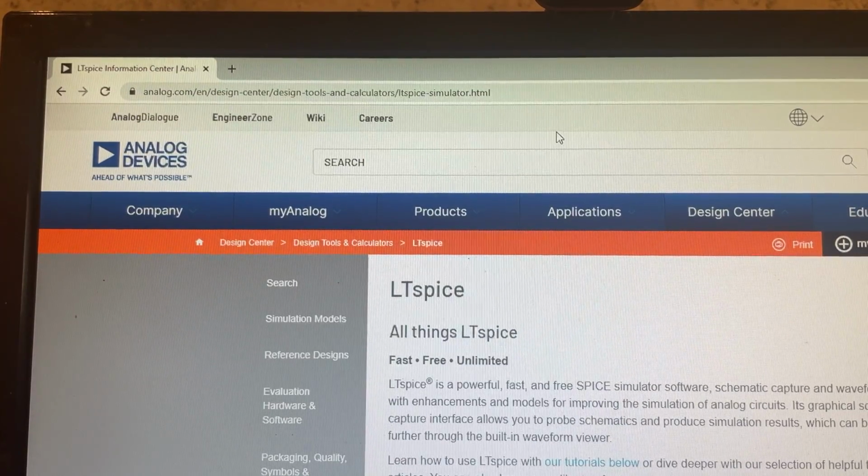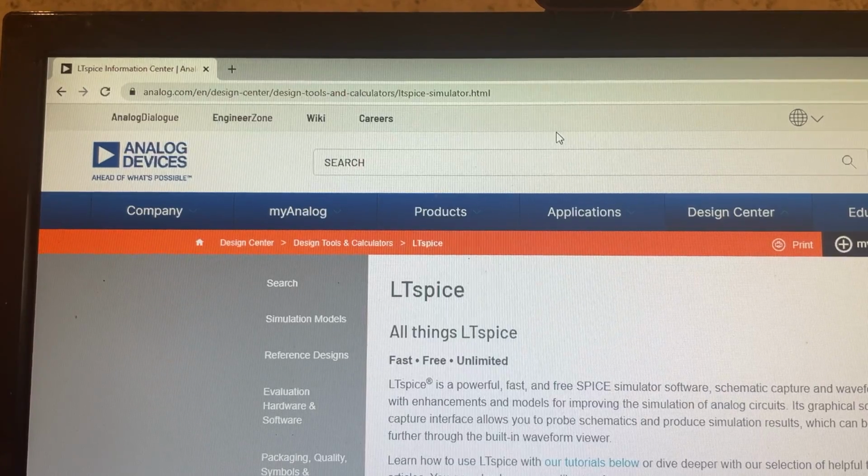RF Man here. Today I want to continue my discussion on how to design, build, and test an RF amplifier. Of course, the amplifier that we're speaking about is the one I presented in part 1 of my videos. And I mentioned in part 1 that we were going to use a circuit simulator called LTSpice to measure input